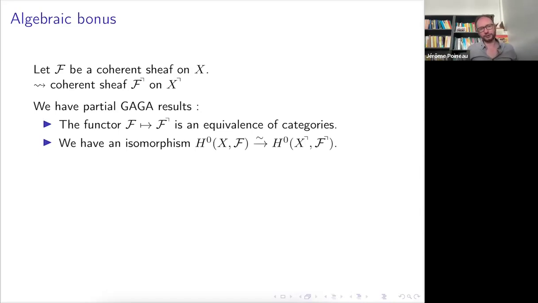And so that's nice, but it tells you something maybe a bit counterintuitive: this compactification actually looks algebraically just like X itself. So in some sense, we did not really compactify. That's a bit weird. You could, for instance, expect all the cohomology groups to be finite dimensional, something like that. So this is false.